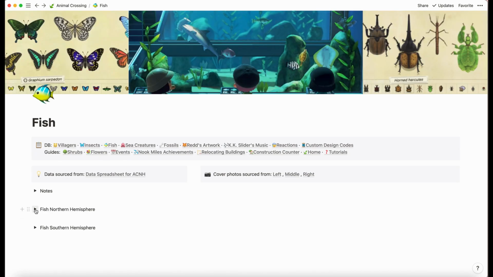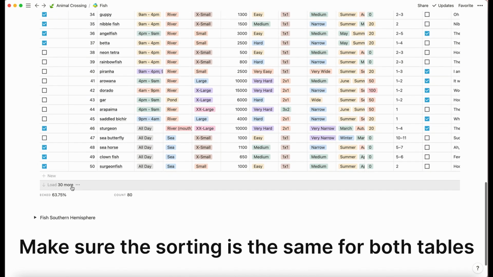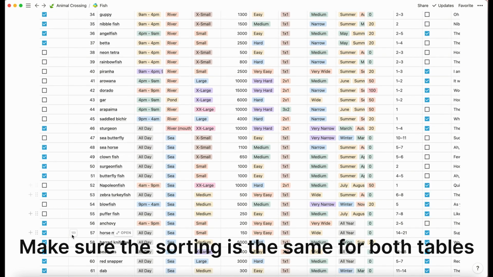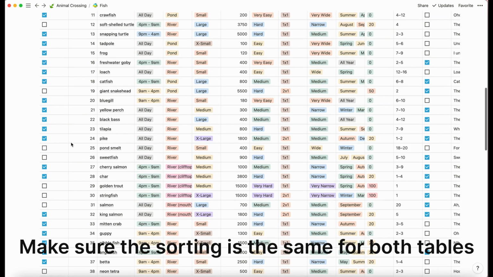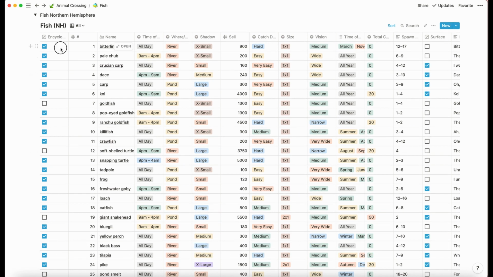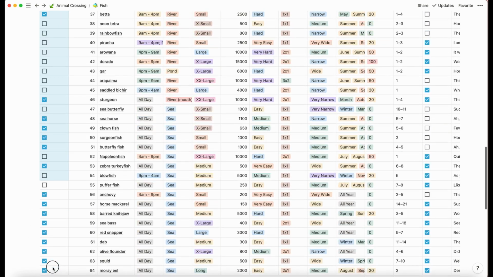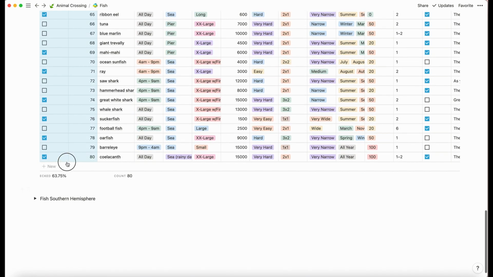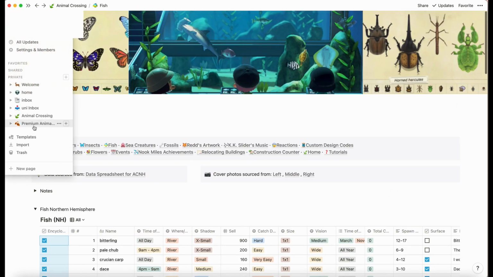So what we do is we load the fish one. So hopefully I've used it, yeah. So these are all the fish that I have. And you make sure that it's loaded all the way so that you have all of the items viewable, and then you just drag all the way down and then press Command C, or whatever copy is on Windows, I think it's Control, and then go to the